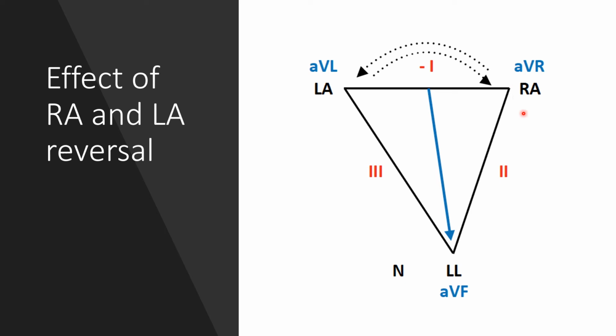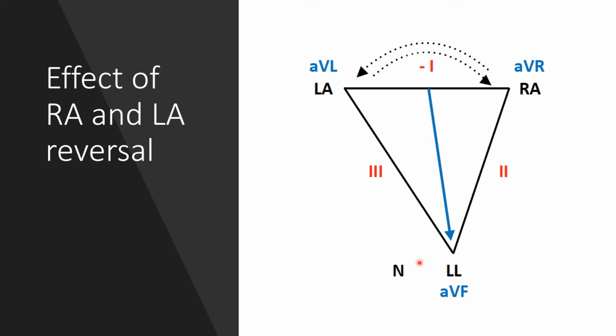The most common limb lead reversal is switching the right arm lead to the left arm and the left arm lead to the right arm. So that's the most common one. Now, if you want to look at each of the different ways people can switch leads, there are multiple different combinations in which you can switch. You can switch left arm to left leg. You can switch left arm to right leg. You can switch right arm to right leg, and all different ways. Also, you can put one of these limb leads on your precordium and then put your precordial lead on the limb. So there are several different ways you can switch,